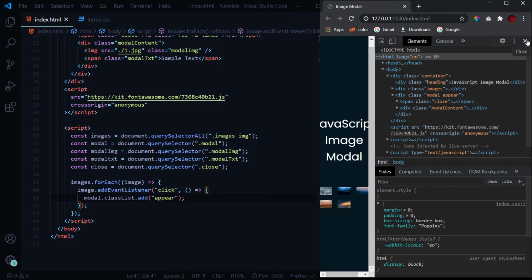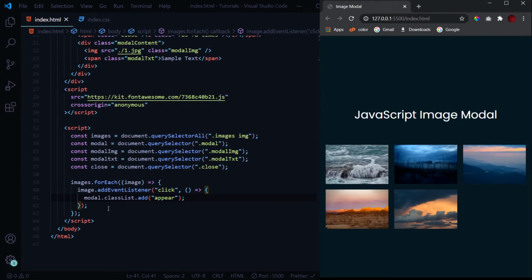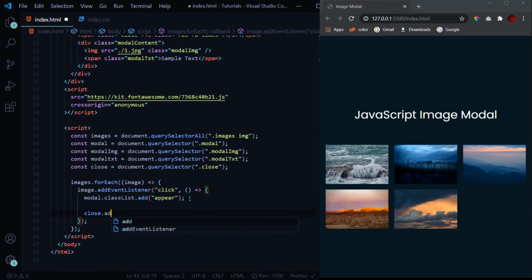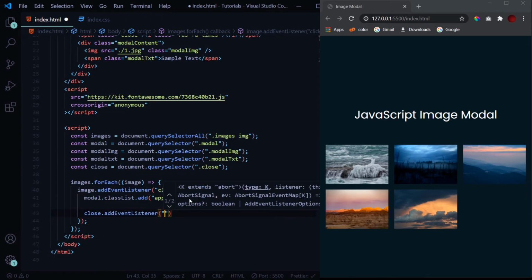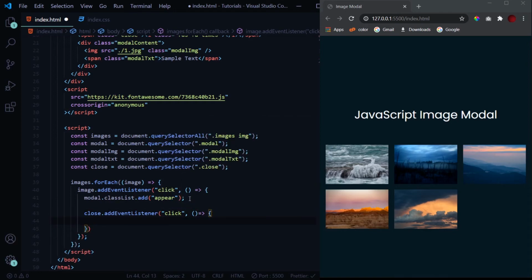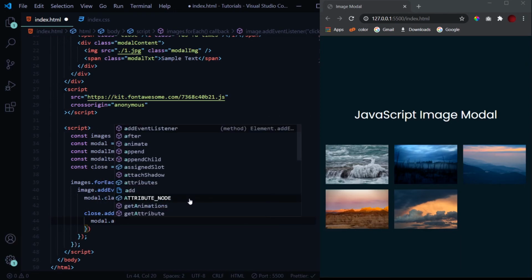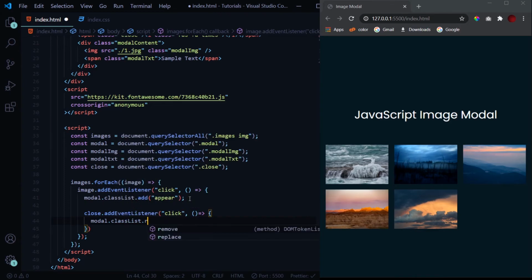So this is what this function will do. And whenever we click on the close button, so now close dot addEventListener, on clicking on the close, we need to remove this class. So modal dot classList dot remove appear.